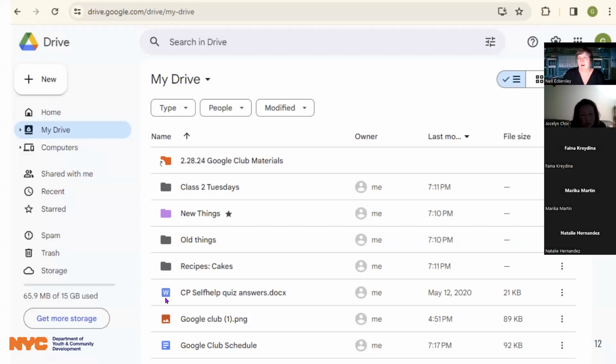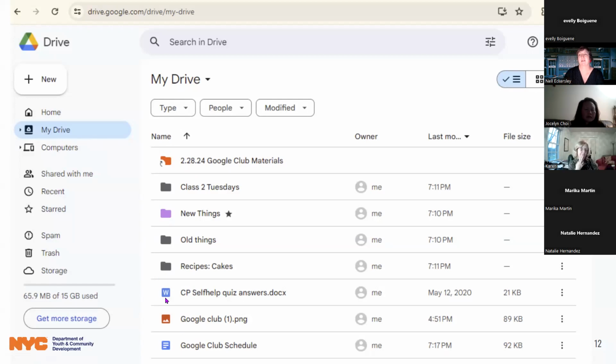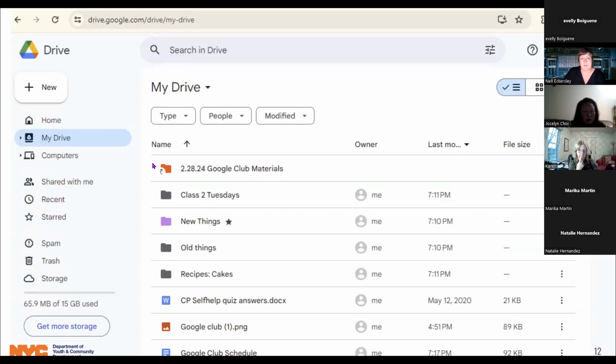What kinds of things? Different colors. Different colors, nice. So how do we, Evelyn, was that you who said that? Nope, that was Karen. Fantastic, Karen, excellent. So yes, we see different colors, right? And different things. So what's the difference between these things and these things? I say those are folders, and those are items that you don't have in folders that are just in your drive. Beautiful. And who was that? Who said that? Evelyn. Evelyn, fantastic. Was that what you had your hand raised for? Yeah. Fantastic. Yeah, so exactly.